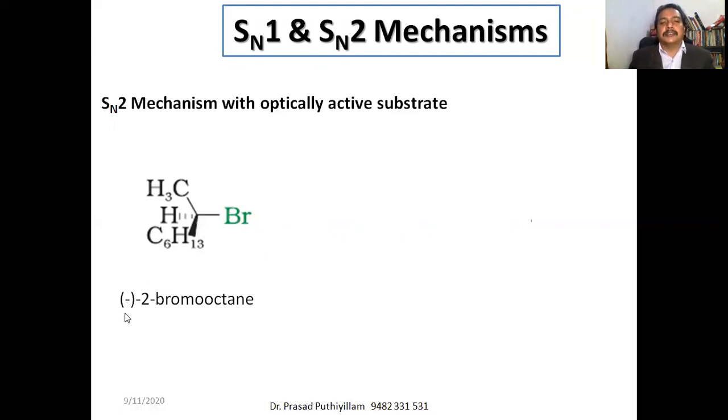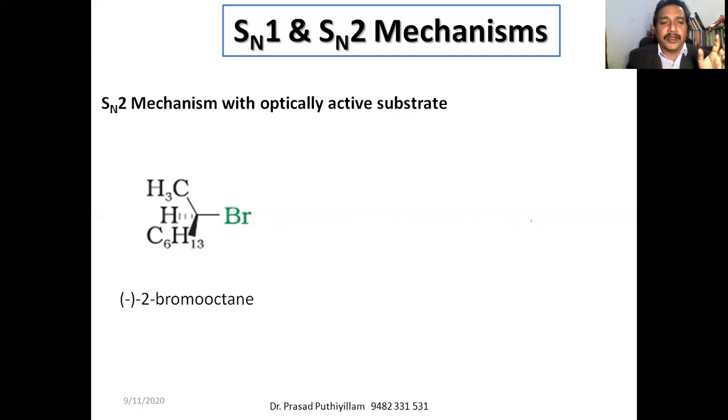The negative sign indicates that it is levorotatory. If you take this molecule in the polarimeter tube, and pass plane polarized light through it, which is produced from ordinary light converted into monochromatic light, and then into plane polarized light by the Nicol prism or a polarizer, and it is passed to the solution kept in the polarimeter tube, and you rotate the second polarizer to the left side direction, then only we can observe the light passing through. Therefore we call it levorotatory.